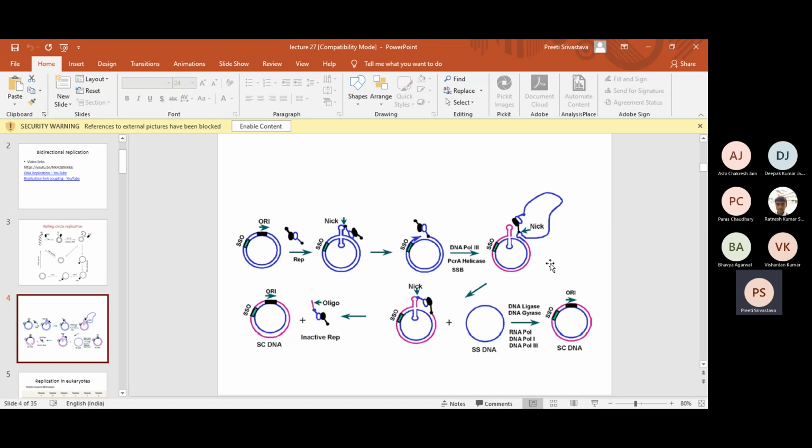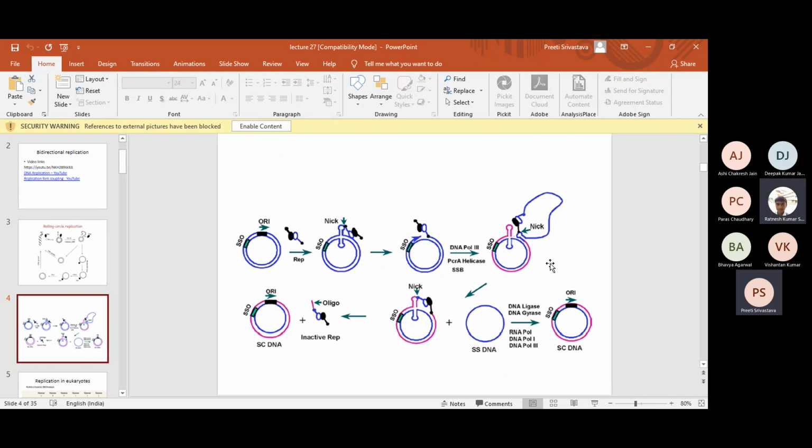This can be easily checked. If you want to study the mechanism of replication of plasmids, whether it is rolling circle or theta, a quick experiment that can be planned is to simply perform Southern blotting under two conditions, one under denaturing conditions and one under non-denaturing conditions. Under non-denaturing conditions, if you see a signal, because single-stranded DNA will be there, that means the plasmid is replicating by a rolling circle mechanism. So this is like a standard.